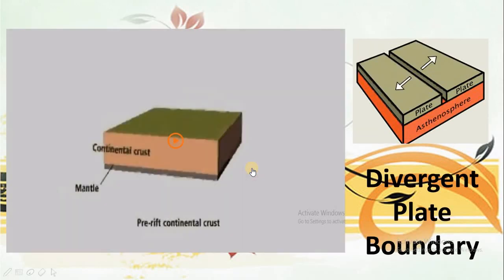The next is divergent plate boundary. Divergent plate boundary, firstly you see the picture. In this picture the two arrows are shown, those are opposite to each other. It means these plates are shifting in the opposite direction of each other. Okay, in this way a valley like feature has been formed in between. Now see different features which are being formed due to this divergent plate boundary.